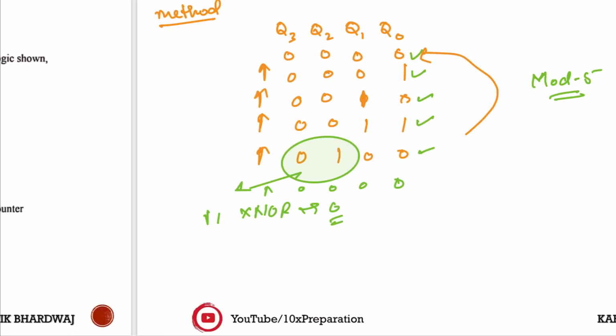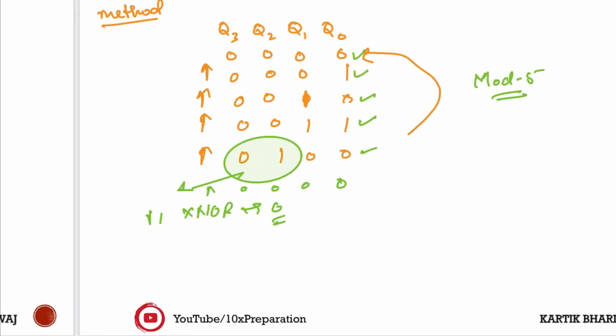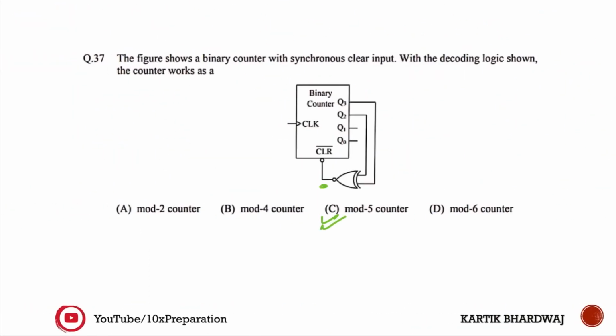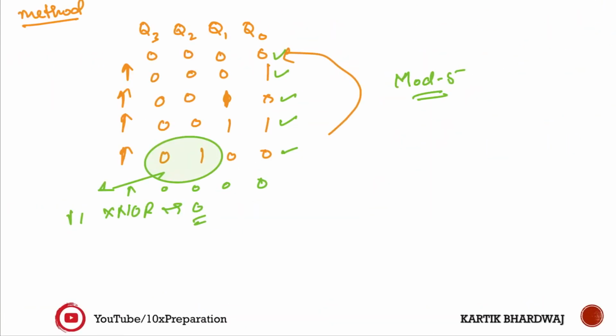Again, if you are at expert level, how will you solve this problem? You will not bother about these two because they are don't care. You will simply look at this one. This is the XNOR. The XNOR gives 0, low active, whenever 0 1 or 1 0 is there. This is method 2. That was method 1, and method 2 is a little bit of mental calculation.